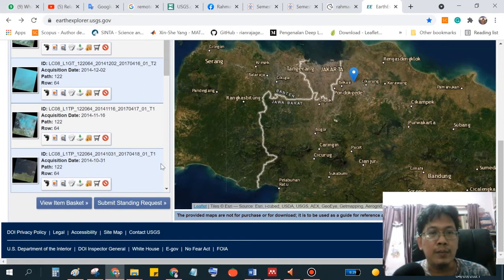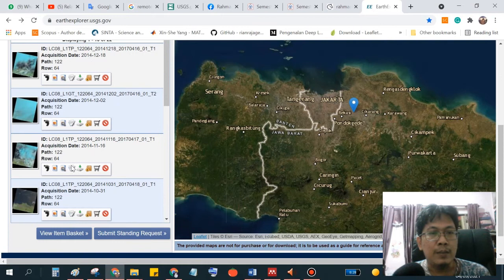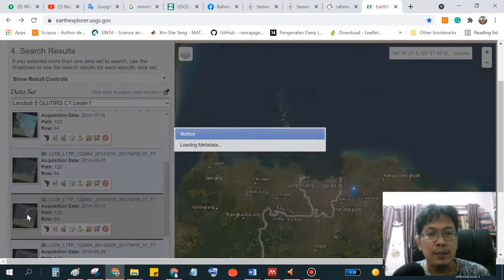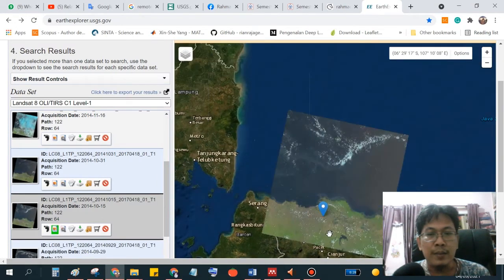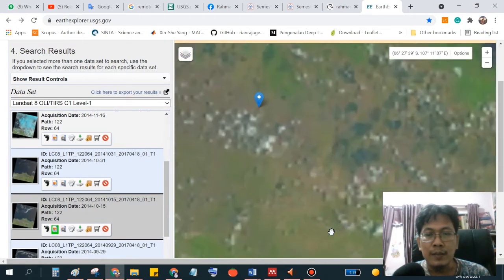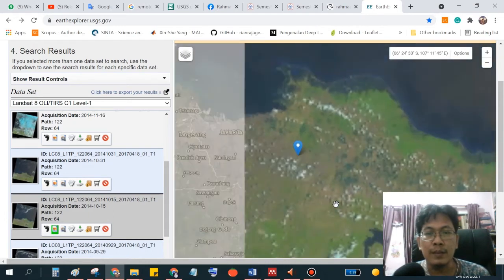We have to search the best capture without too much cloud, and you can use these images first to check. There is a lot of cloud here.